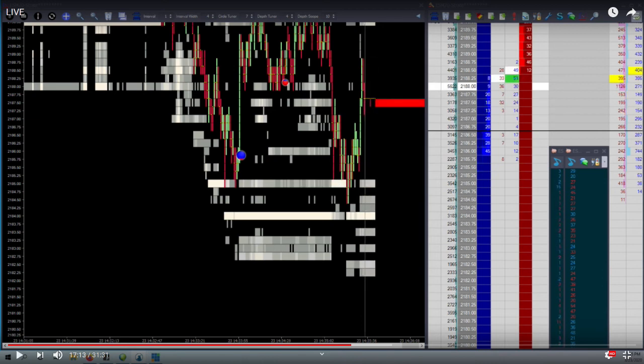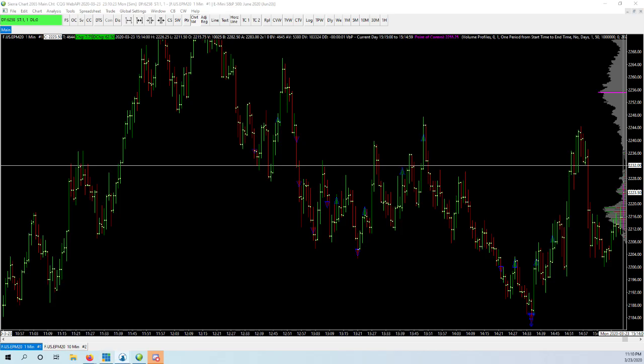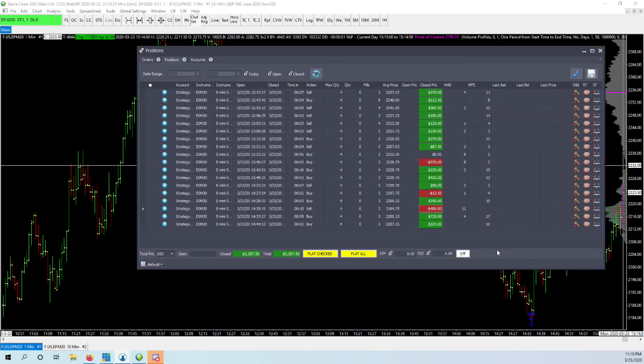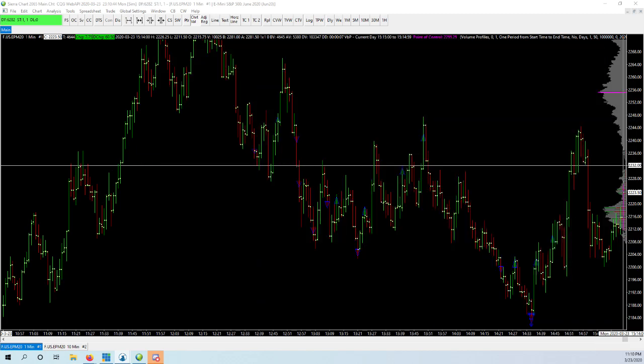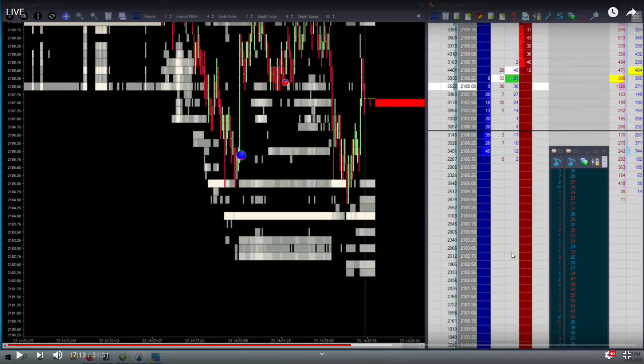So the best trade. On this particular trade, I take off the profits for the 5 ticks on half size and decide to let her run all the way on full size on all 4 contracts. Because this is a really key level, and it was a for sure trade.